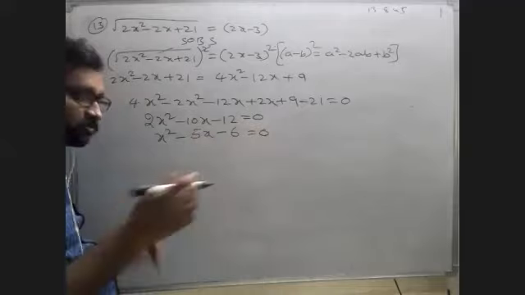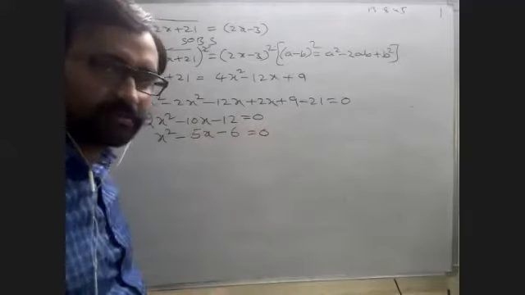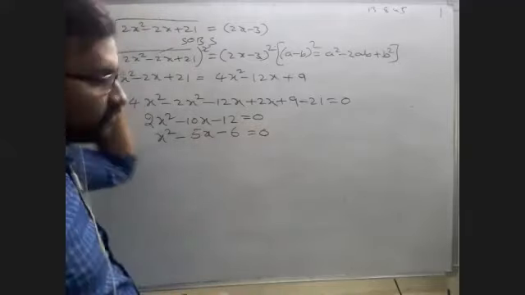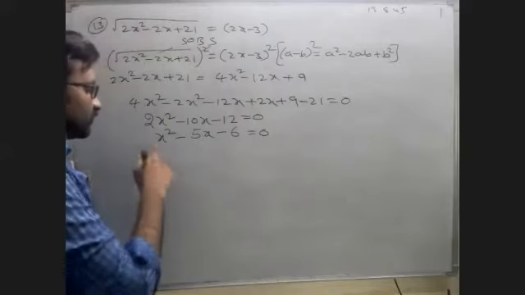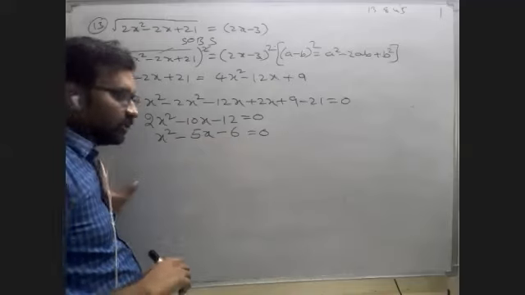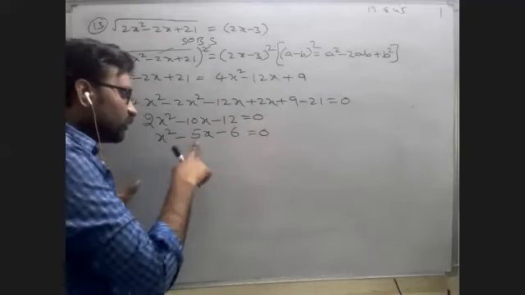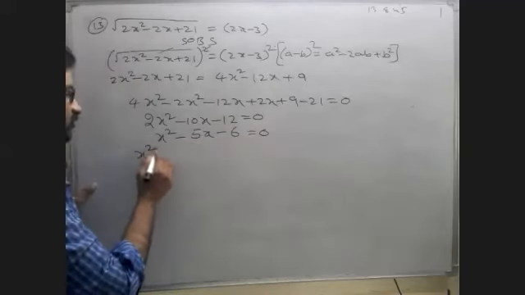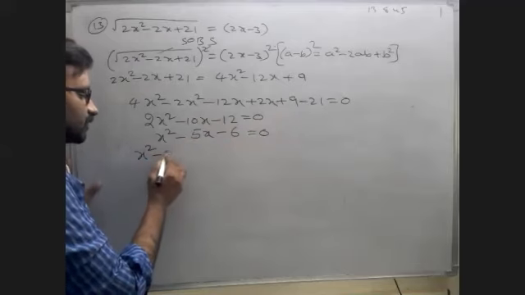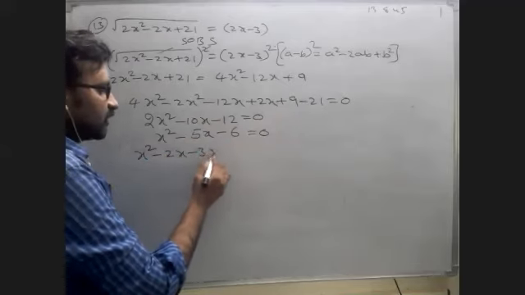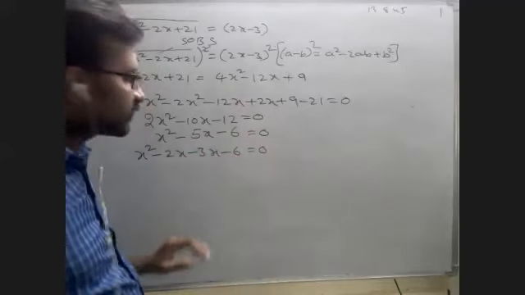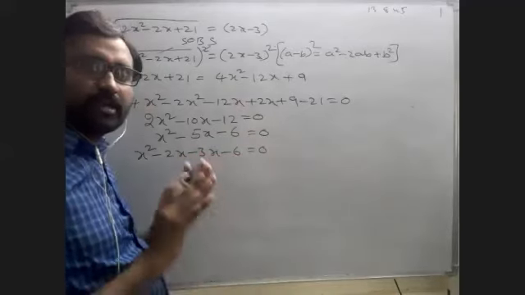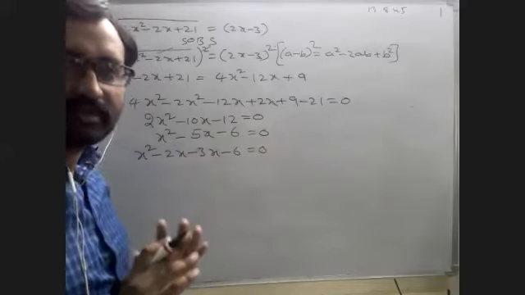Now factorization we have to apply for this, then the zero product rule, then the roots. Then we have to check for which value you will get greater than or equal to 0 inside the square root. In the quadratic equation, 1 into 6 is 6, and 2 threes are 6, 2 plus 3 is 5. We can write x square minus 2x minus 3x minus 6 is equal to 0. But if you solve this, you will not get factors.